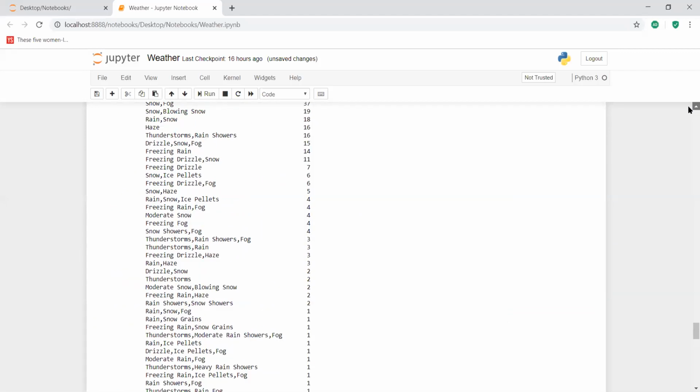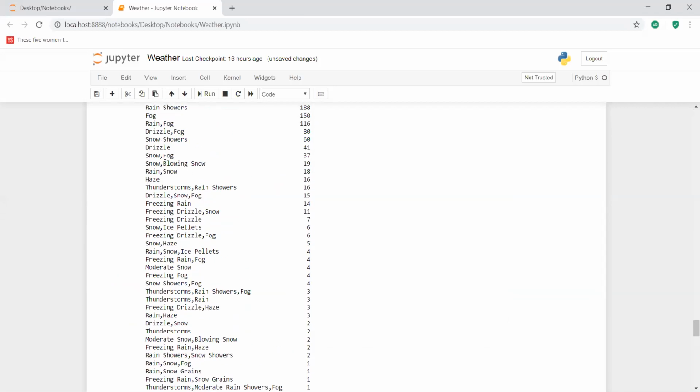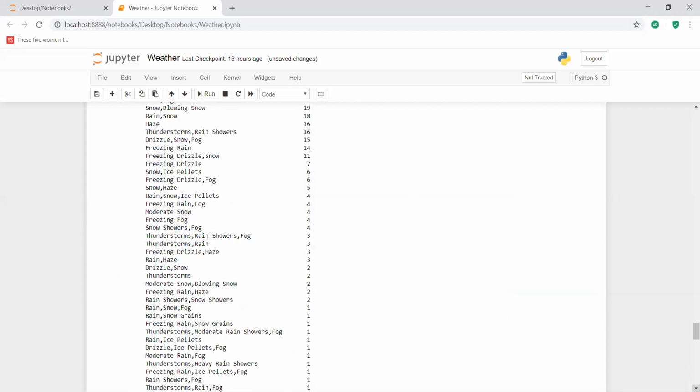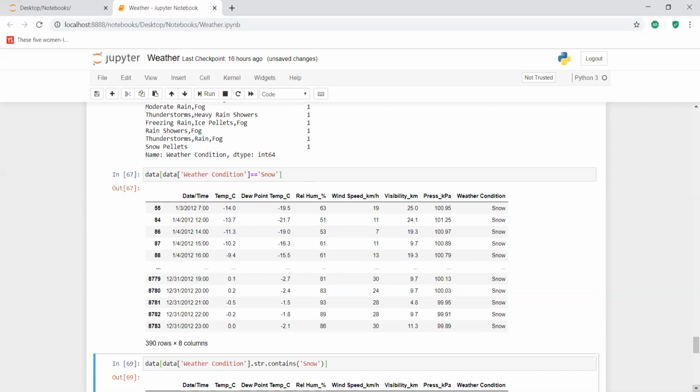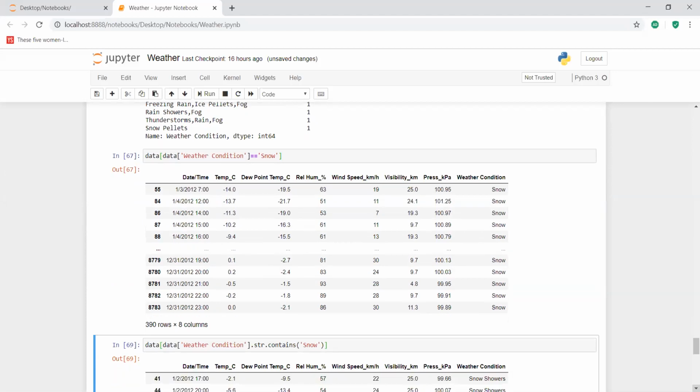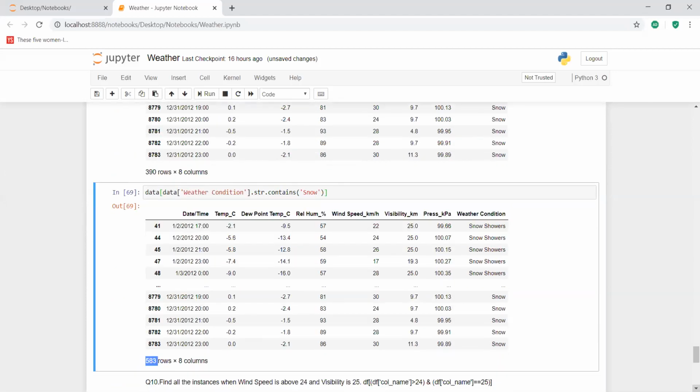So the str.contains function just extracts all the records which match this particular string snow, right?